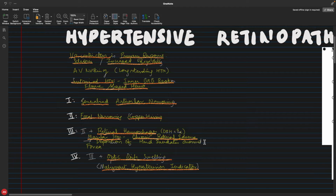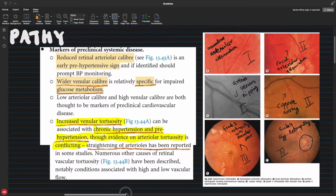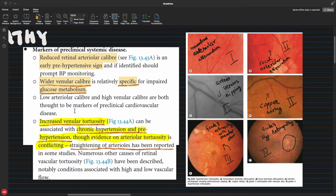Malignant hypertension indicator. Is there anything else in this that we missed that day? Reduced retinal arteriolar caliber, an early prehypertensive sign. It's an early prehypertensive sign. That day I told you guys, right? Look at this. It looks like